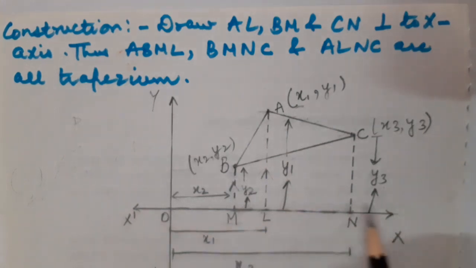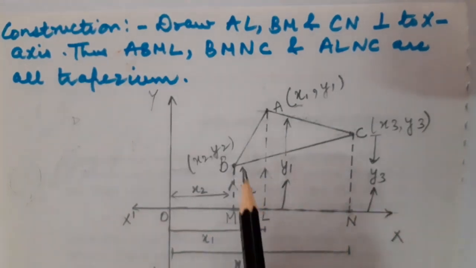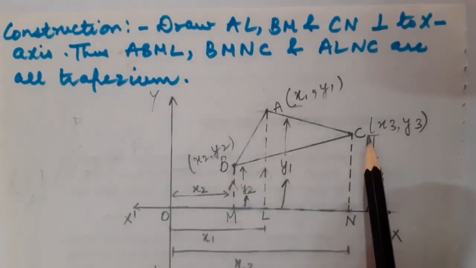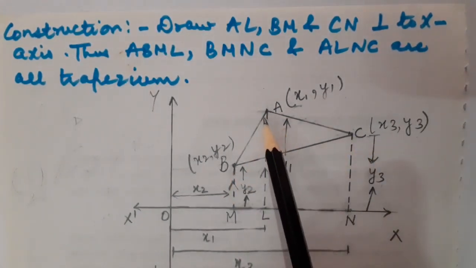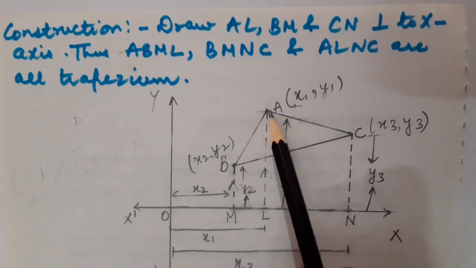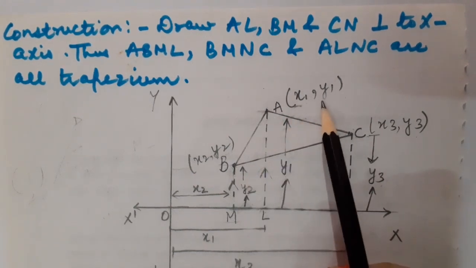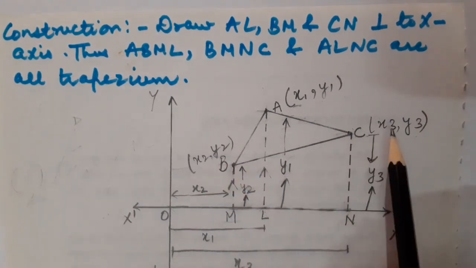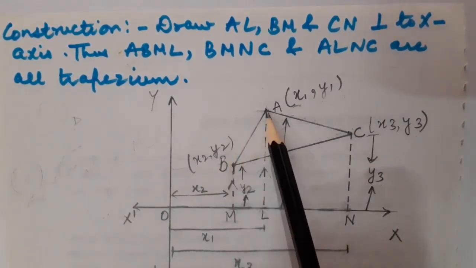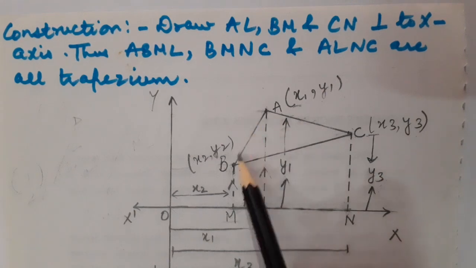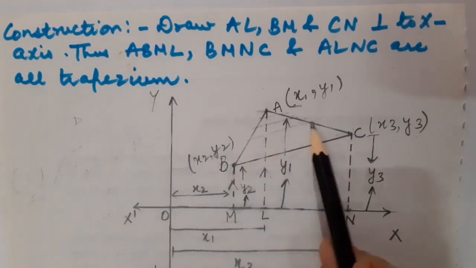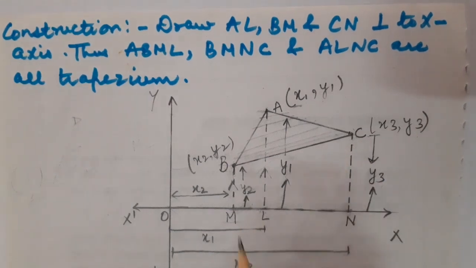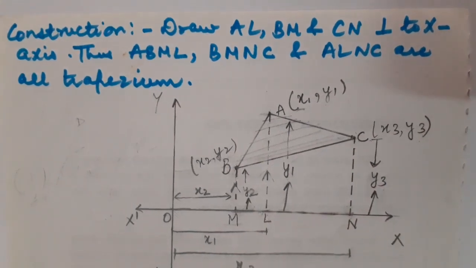Here is the Cartesian plane. You can see, children. Fine. Basically we are just going to calculate the area of the triangle. So what I have done is I have just plotted 3 points: A, whose coordinates are x1, y1; B, whose coordinates are x2, y2; and C, x3, y3. Fine. Now I have joined them all because I wanted to calculate the area of this part, which is basically the area of a triangle. Okay.